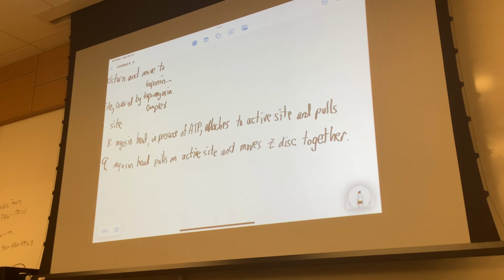When you see the word, the active site is at the level of the protein here. The Z discs moving close together is when a sarcomere has contracted. The myosin is pulling the actin, and